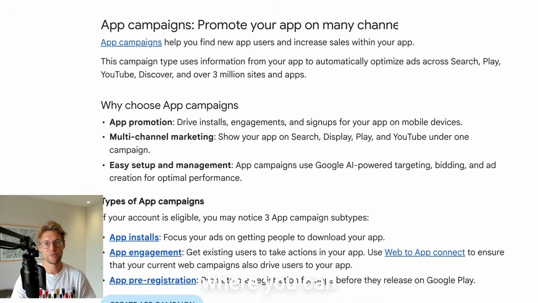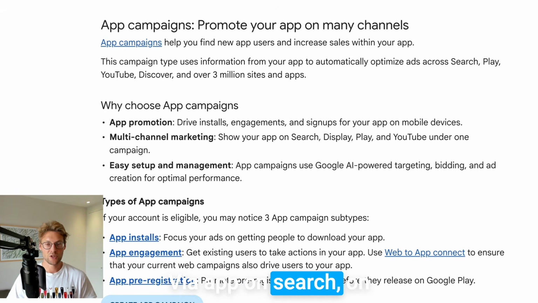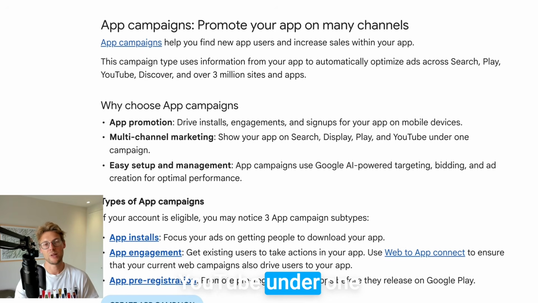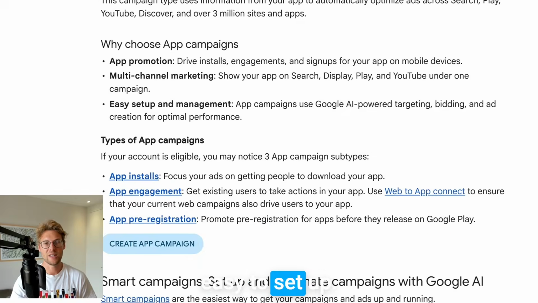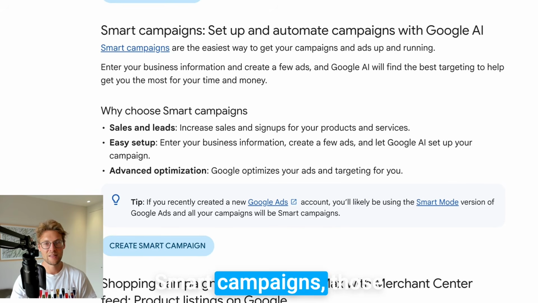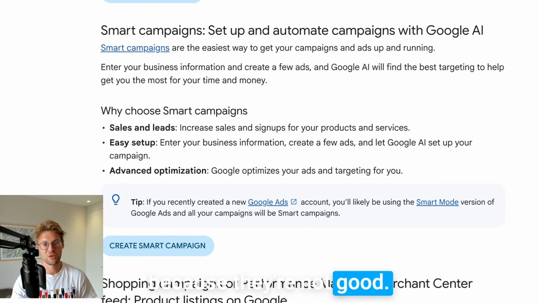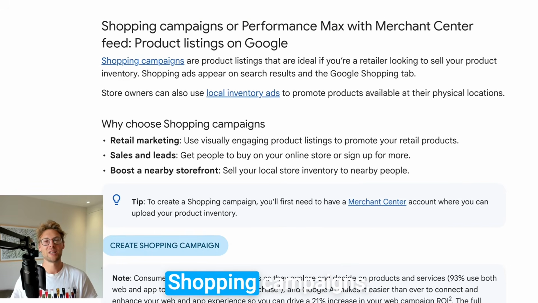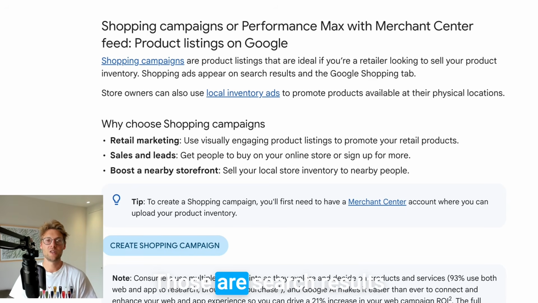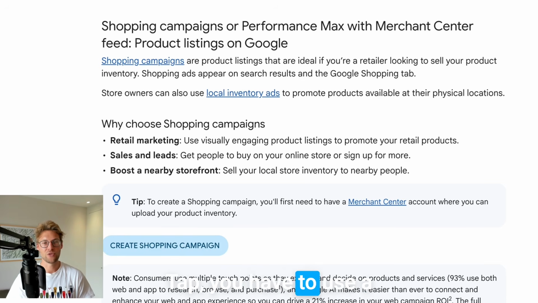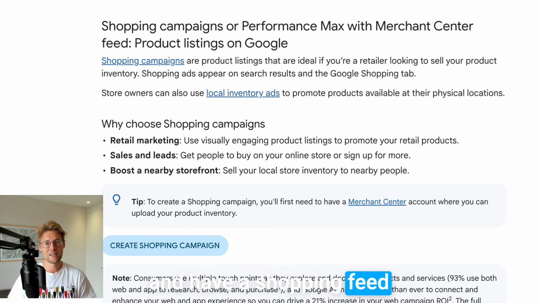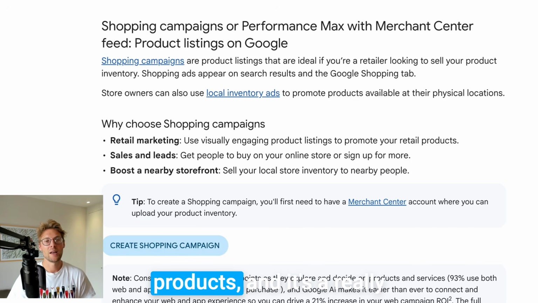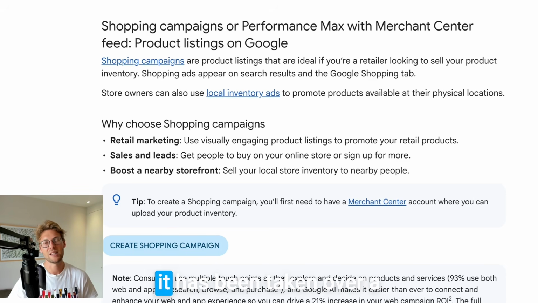We have app campaigns where you can promote your app via search, display, Play, and also YouTube under one normal campaign, and it's quite easy to set up, like a search campaign. Smart campaigns, those are the ones I don't even want to mention because they're not good. Please don't use them. Shopping campaigns or PMax campaigns with Merchant Center feed. Those are shopping campaigns. Those are search results in the Google Shopping tab. You have to use a Google Merchant Center and have a shopping feed in order to showcase your products. And it's a really good campaign type if you have an e-com business and you want to generate sales, because this type really works well. And now it has been taken over a bit by the